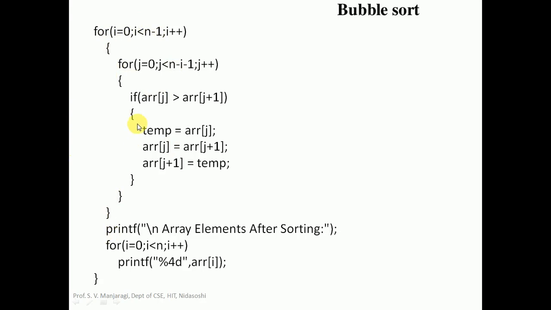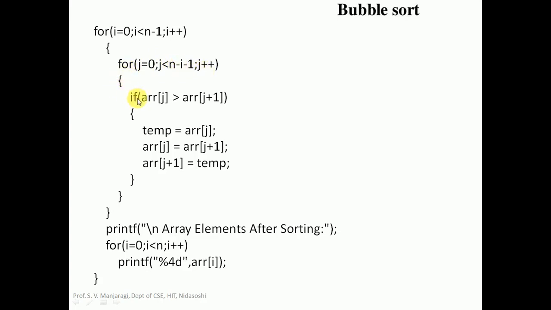In each pass, you have to compare the adjacent elements. For that, you take one more for loop. Start from j equal to 0 and j less than the condition n minus i minus 1. Why is the condition n minus i minus 1? Because once in each pass, we find the largest element of the array and it is put into the last position. For the next iteration, that already sorted element need not be considered. So the array size will be decreasing for the next iterations. Hence, we take n minus i minus 1 and j plus plus.